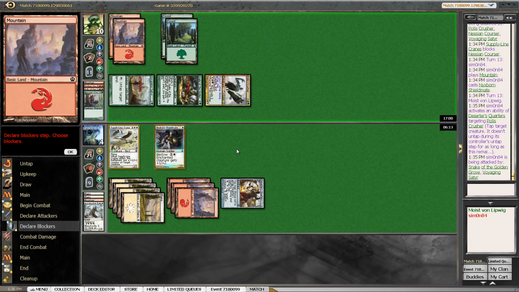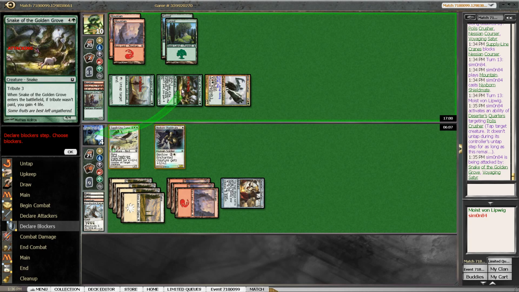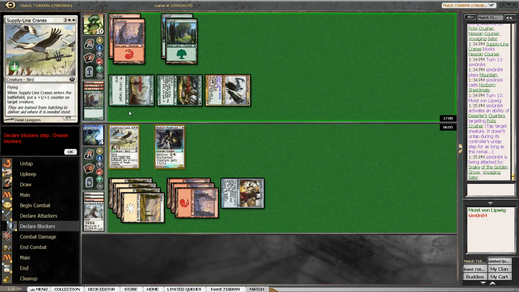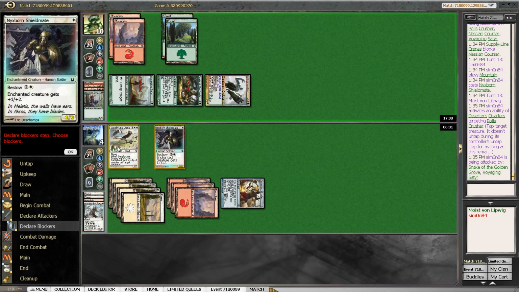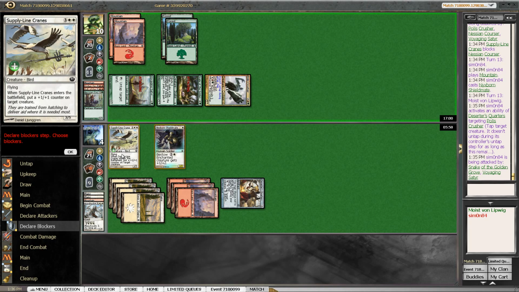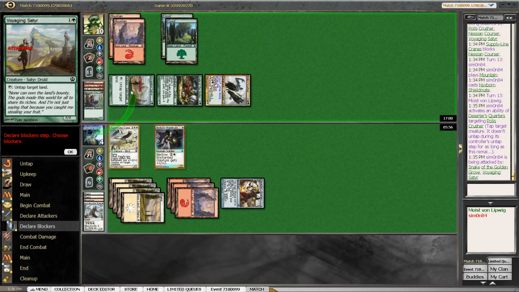So my read here is that I'm just dead to Lightning Strike the way my opponent is attacking. If my opponent wouldn't have the Lightning Strike, then attacking with Snake of the Golden Grove would leave me with Supply Line Cranes on 3 life, and I have Nyxborn Shieldmate. I have both my creatures. No, I've only Supply Line Cranes. My opponent has only Voyaging Satyr,